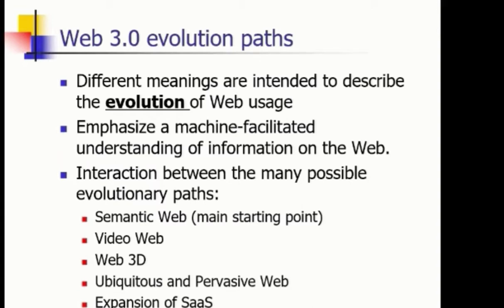So between this bridge, while creating this bridge, what was the evolution path? How were the different meanings intended? To try and describe the evolution of web usage, there are different meanings of evolution of